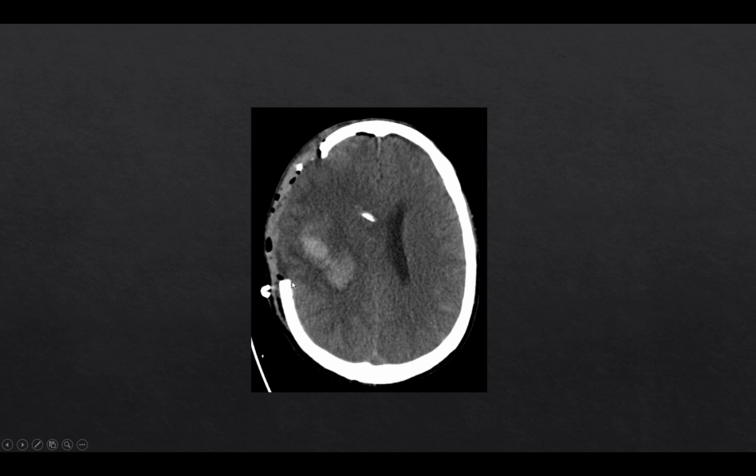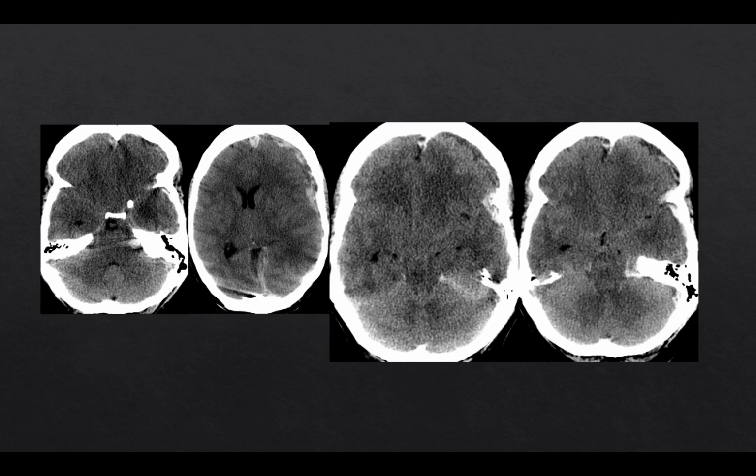Here we have a case of fairly mild transcalvarial herniation of the brain outwards through this defect. And here we have a case of several types of herniation. First, left uncal herniation. Subfalcine herniation towards the right. We see the etiology is this mixed attenuation subdural hemorrhage. And we also have downwards transtentorial herniation of the brain, effacing the